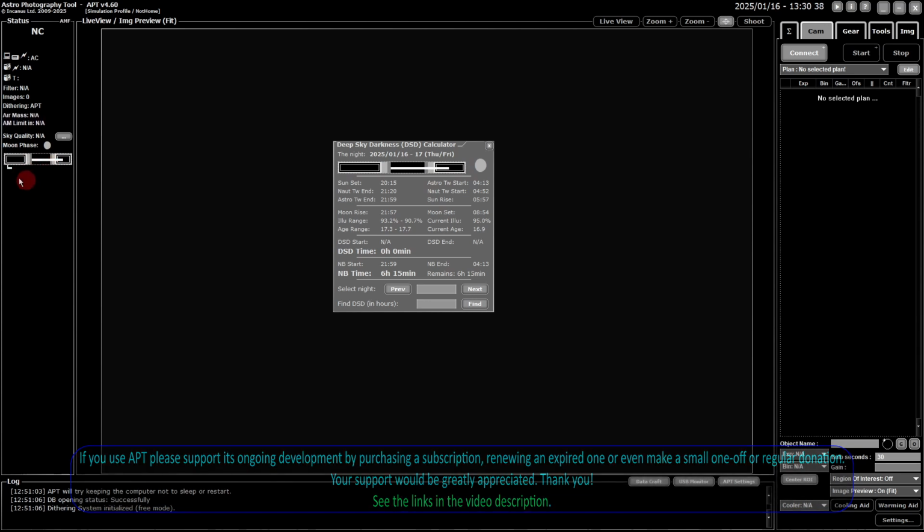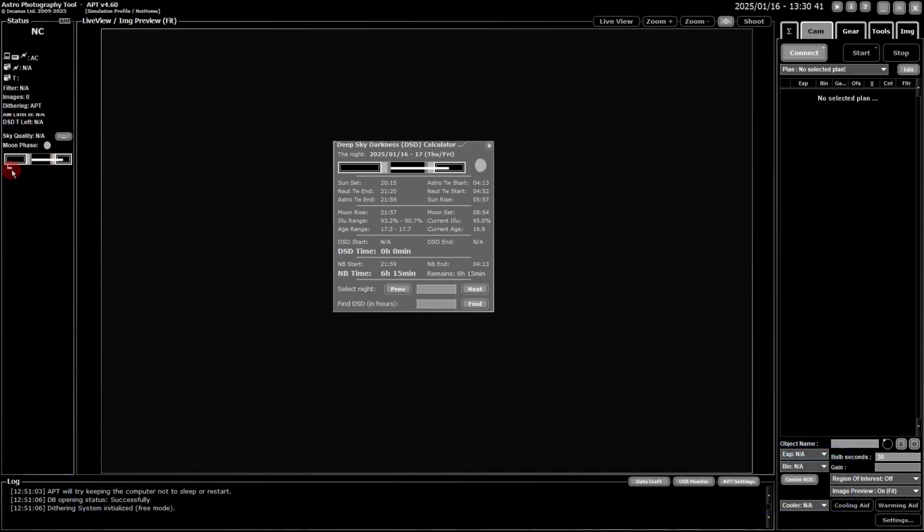Now the only difference between the two is this little tag hanging off the bottom over here. And what that is, it shows the current time basically. So I'm at 1:30 in the afternoon, so it's showing up as an afternoon one. And that will move across as the night progresses. And when it reaches something that's happening astronomically, whether nautical twilight, astro twilight, moonrise, moonset, a few minutes before, I think it's 15 minutes before, it will start flashing, just to let you know that something's happening in the sky. You might want to do something, but it's just a visual representation for where things are changing, and that'll move along as the night progresses.